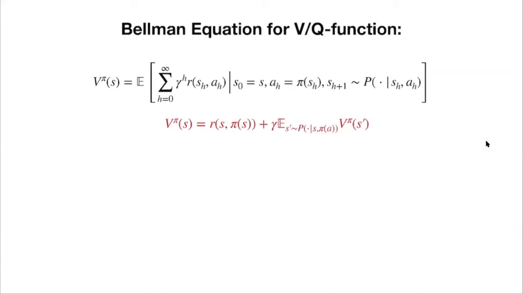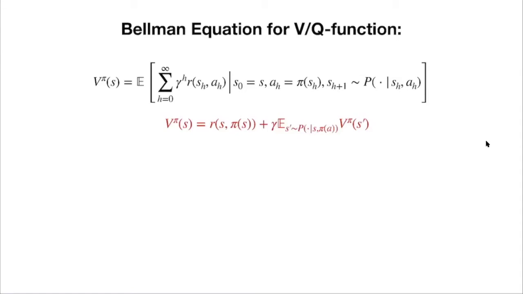The first term is the one-step immediate reward, and the second term is the future outcome, the total outcome starting from the next time step. The reason that we are talking about this Bellman equation, and the Bellman optimality that we will talk about today, is that we can use this concept to express this very complicated value function in terms of just one-step